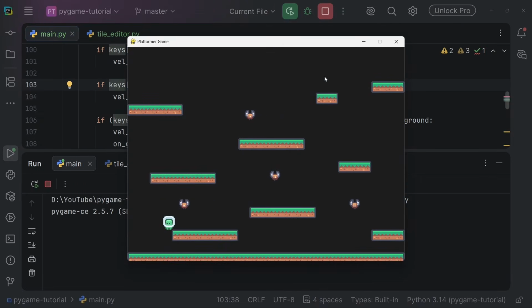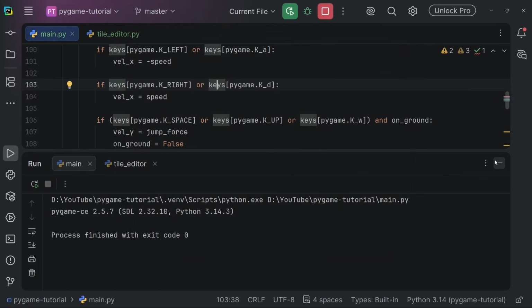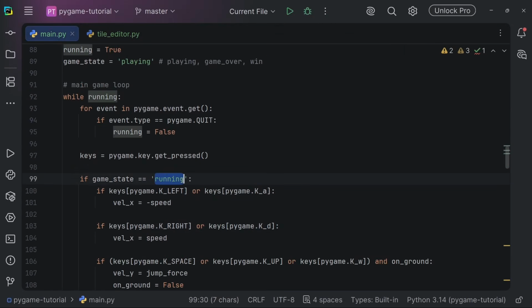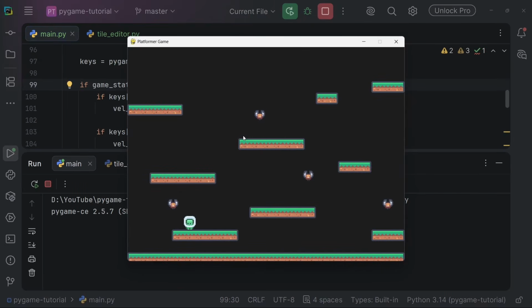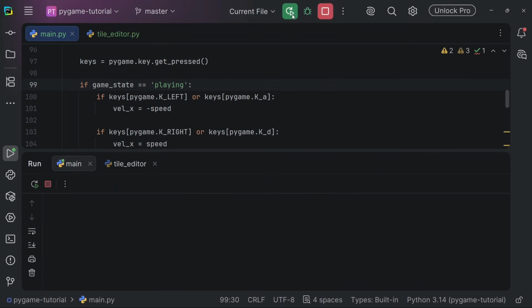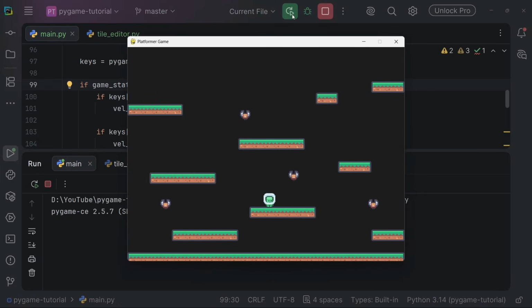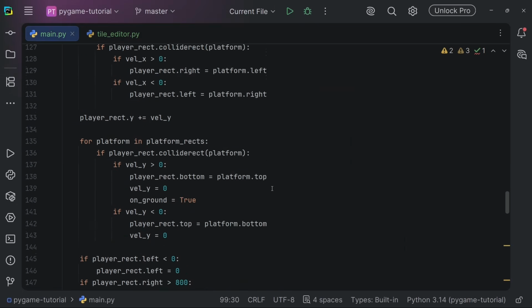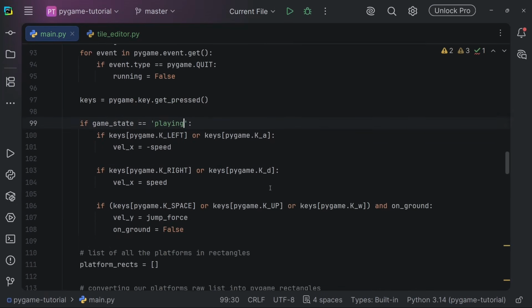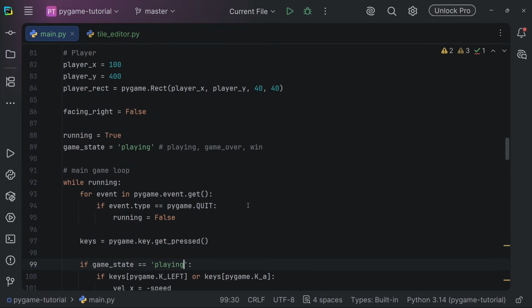So if I move around, actually running, it's not running. I think it's playing, that's why. So if I move around, I can move around perfectly, but I hit a bat right there and now I cannot move around anymore. So I can move around as long as I don't hit a bat. I hit a bat right there and now it's game over. So for basics of game over, that's all I'll do for now,